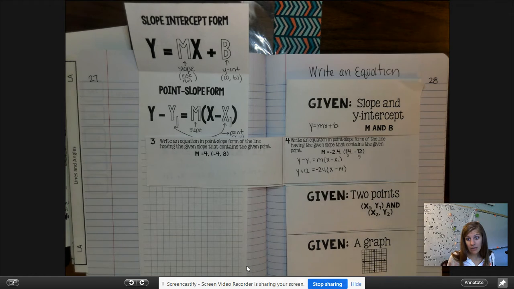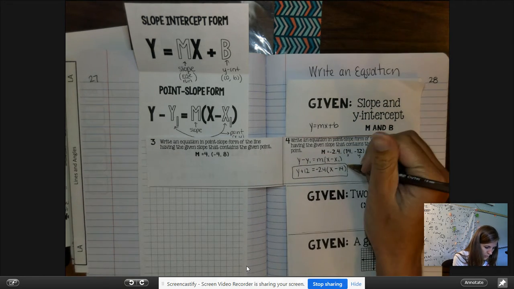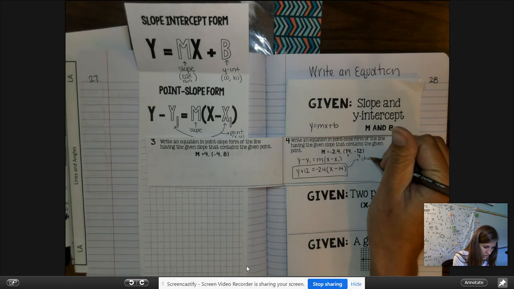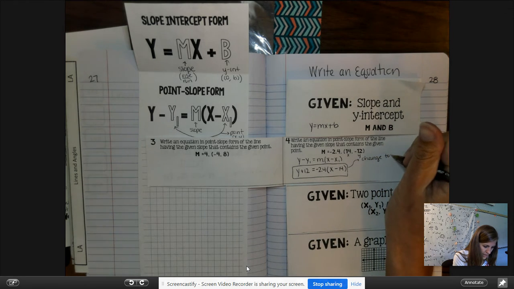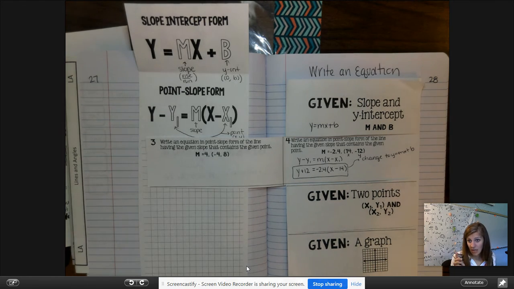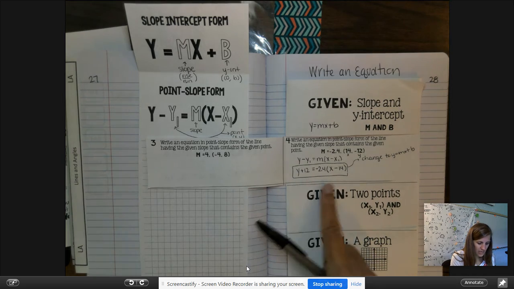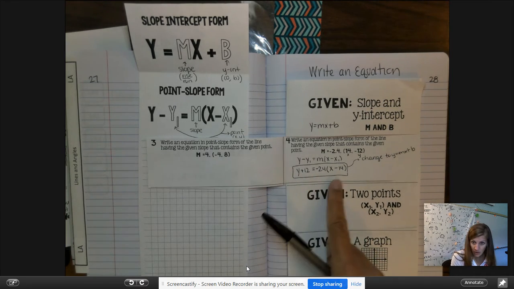Like you could leave your equation like this and that would be fine. I wouldn't ask you to do anything different. But sometimes it is important for us to have it in y equals mx plus b form. So this is your answer, but if we wanted to change to y equals mx plus b, we would have to do two things. We'd have to distribute, and then we'd have to move this 12 over,